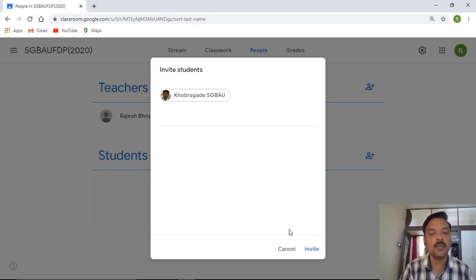Even if you have all the email addresses of the students available, don't choose this option, because in this case the invitation goes to the student, and whenever the student opens the mail and clicks on accept, at that moment the student will appear in your class. So again, I'd like to say this is not a better option.